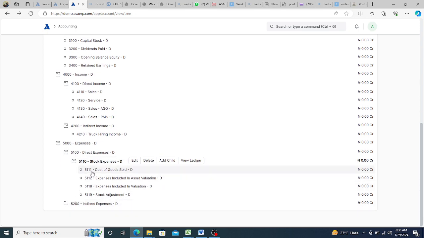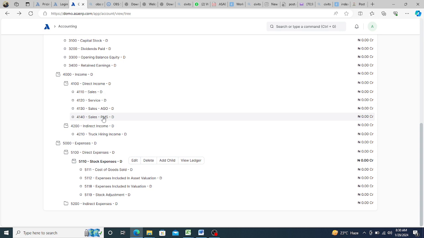You can see that this one has been created already, cost of goods sold, but we can ignore this for proper reporting or customization. Create the various cost of sales of your various sales. For instance, we have AGO sales, PMS sales. The same way we are going to create the cost of sales for AGO, cost of sales for PMS,